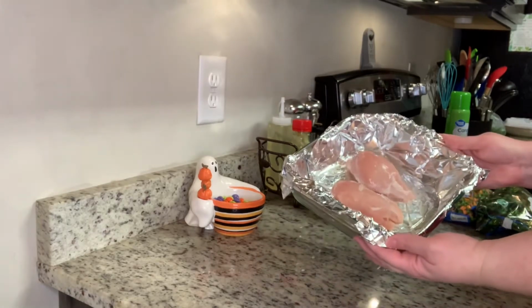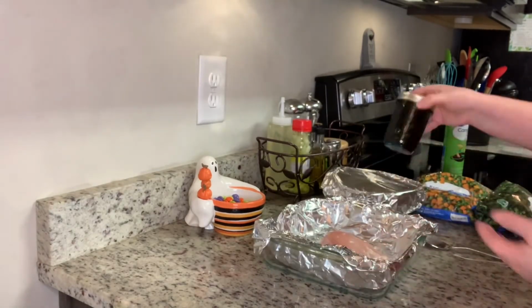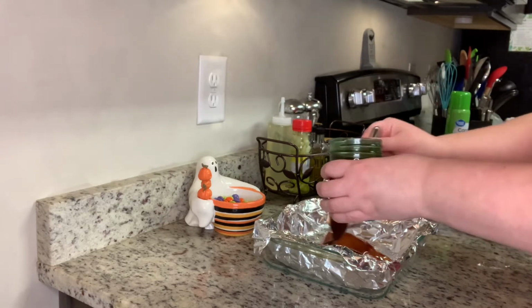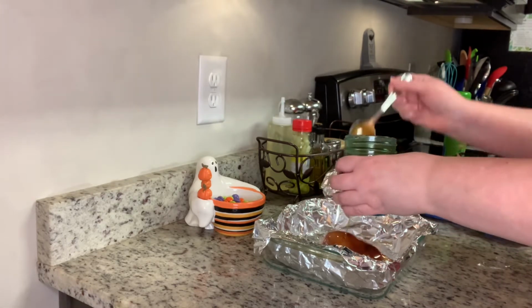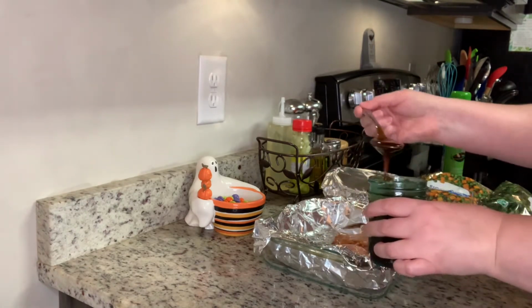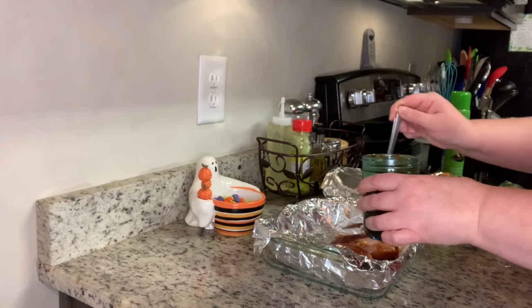Now for the casserole, I have 2 chicken breasts in a baking dish that I've lined with foil and sprayed with cooking spray. This will make cleanup a lot easier. I'm going to take some teriyaki sauce. This just happens to be homemade, but you can use bottled. I'm going to spread the teriyaki sauce over both sides of the chicken,